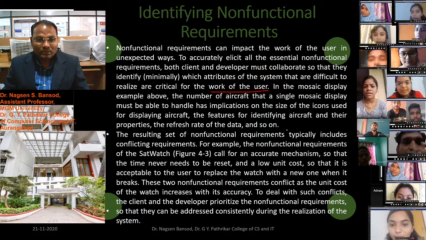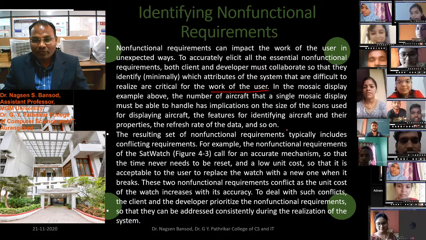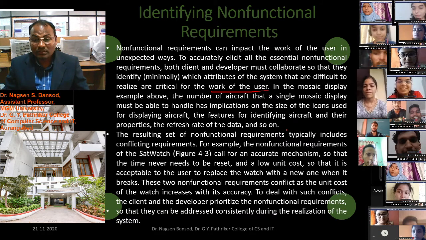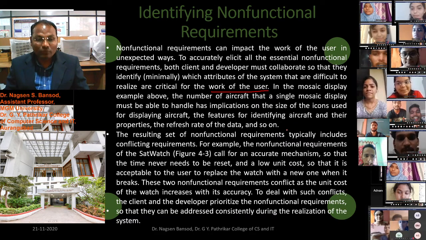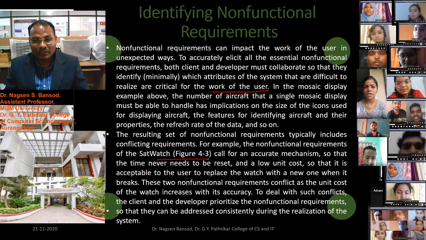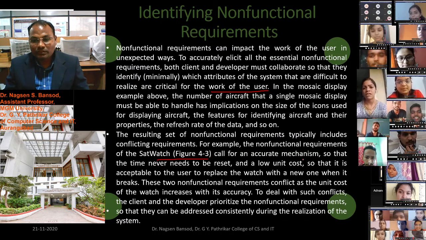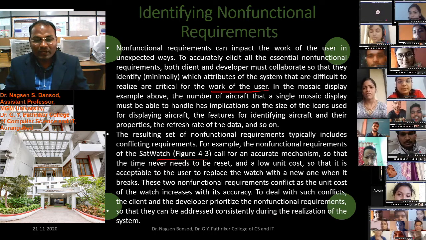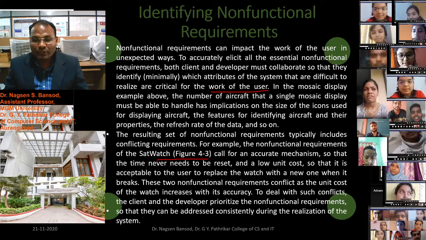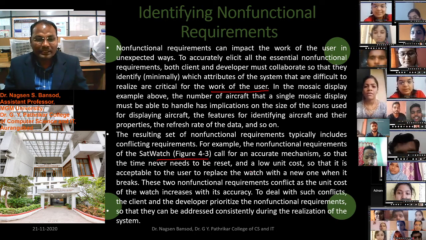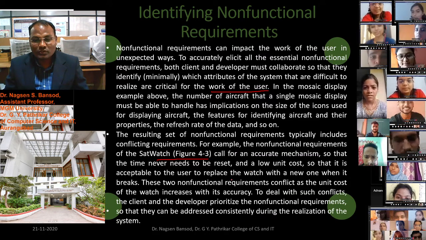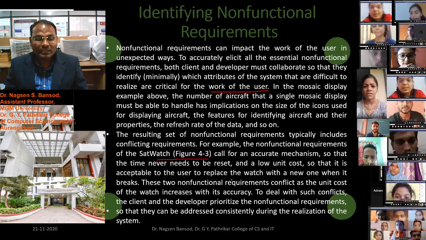requirements. The resulting set of non-functional requirements typically includes conflicting requirements. For example, the non-functional requirements of the SatWatch. We know the example of SatWatch; we have already seen it in figure 4.3. It calls for an accurate mechanism so that its time never needs to be reset, and a low unit cost so that it is acceptable to the users to replace the watch with a new one when it breaks.